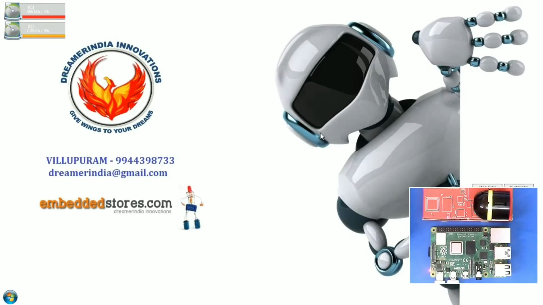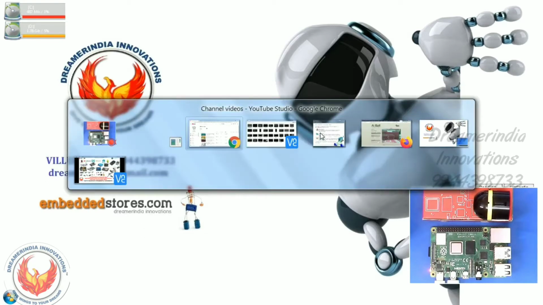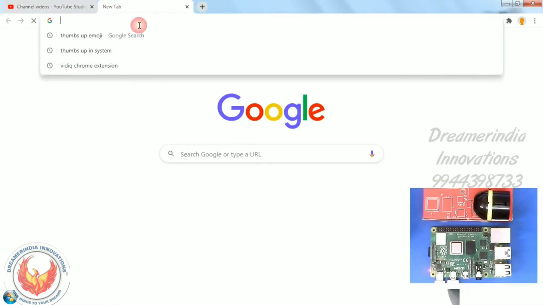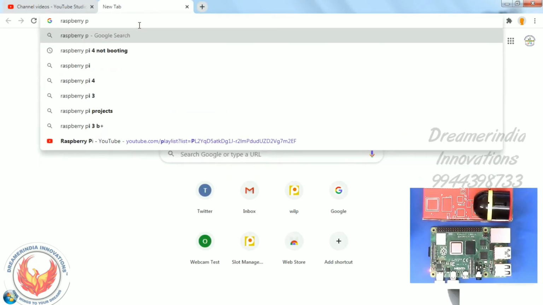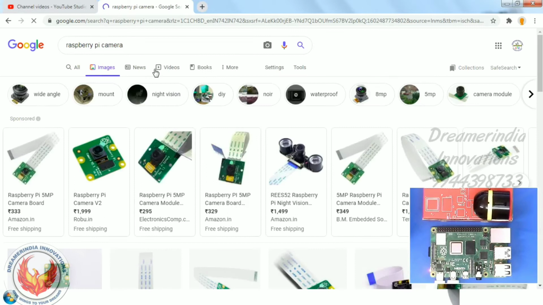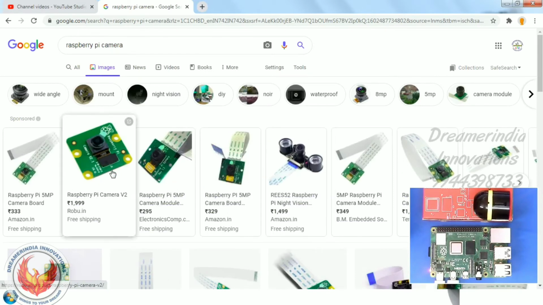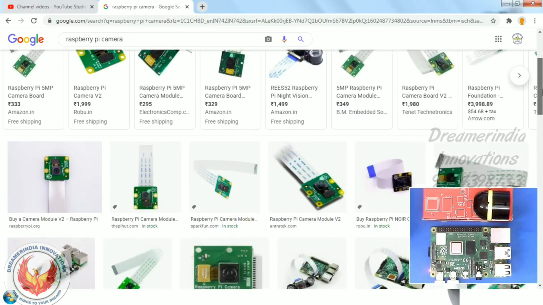The concept of connecting the IP camera to the Raspberry Pi 4. We usually connect cameras like a web camera or a Raspberry Pi camera to the Raspberry Pi. There are two types of Raspberry Pi camera: one is the normal camera and one is the infrared NoIR camera. These are the different types of Raspberry Pi camera that you can connect to the Raspberry Pi and get the data for your image processing applications.